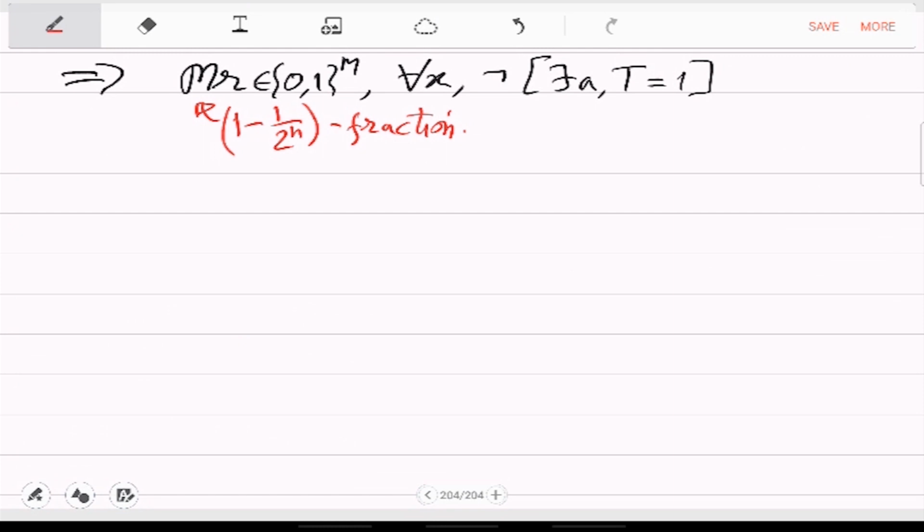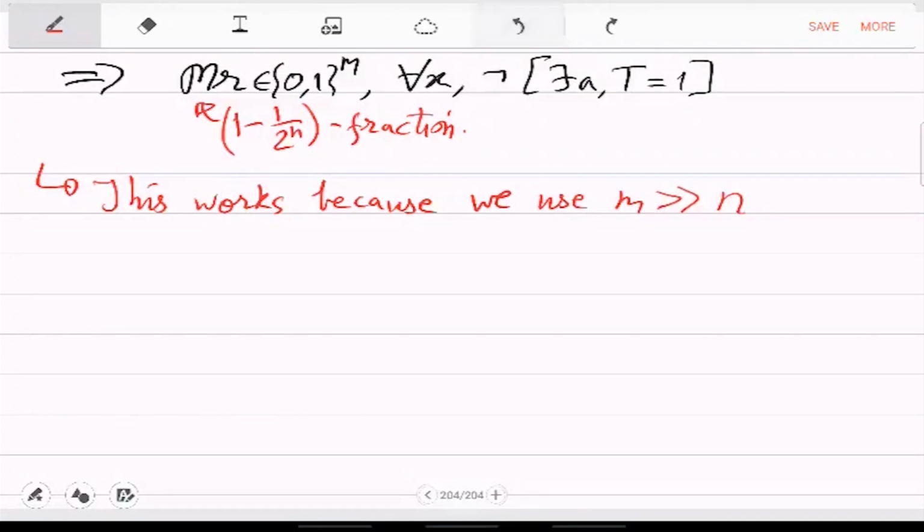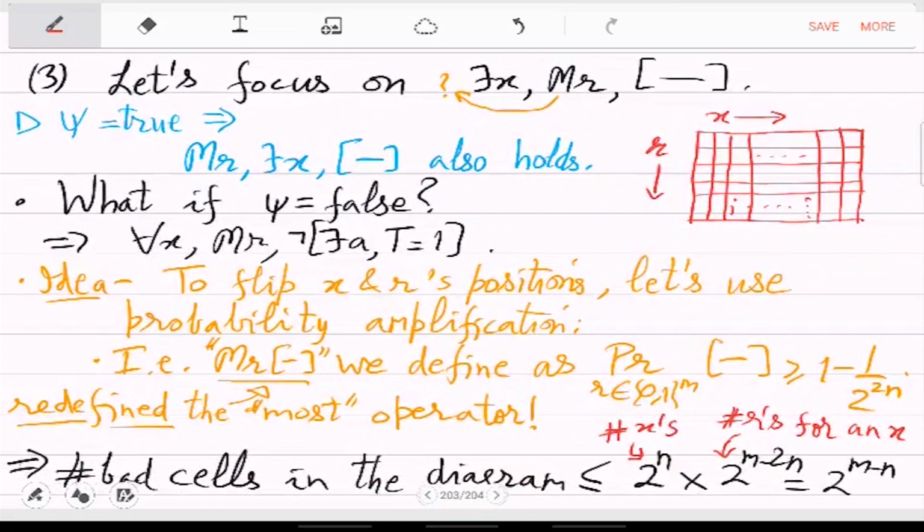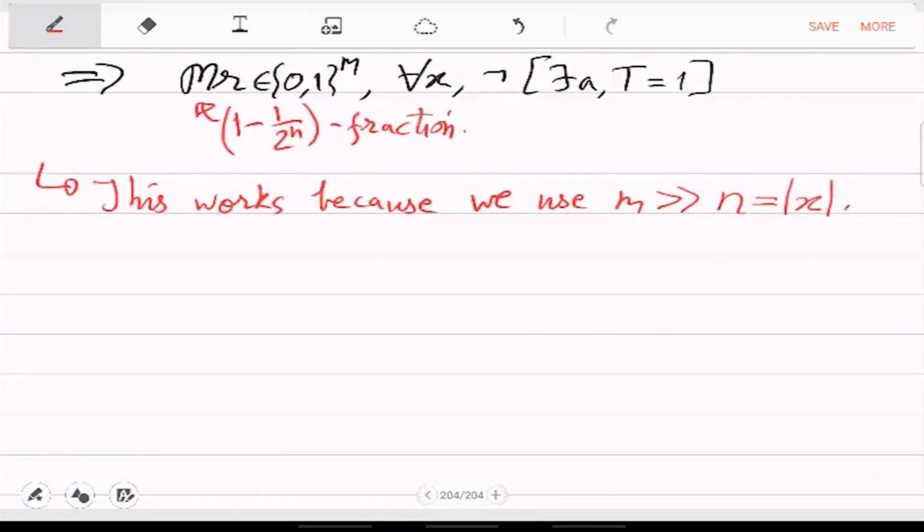we can see that we can swap, because the idea here has been that the number of x's is fixed, which is 2 raised to n, but the number of r's is much more. It's m that has been picked. This works because we use m much larger than n, where n is the size of x. So with respect to that, we can take bigger and bigger r's, and then we can actually swap these two operators. So what we have shown, hence we show that